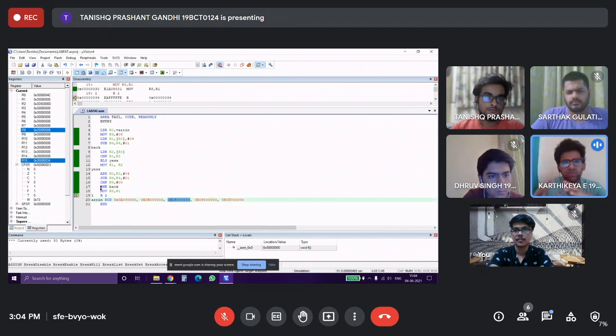We are actually moving the smallest number to register 8, and now in line 18 we actually have the smallest number, which in this case is hexadecimal number 05. That is the smallest number in this case. As in the previous case we showed the largest number, now by changing the command in line 7 and line 11, we've got the smallest number in an array.